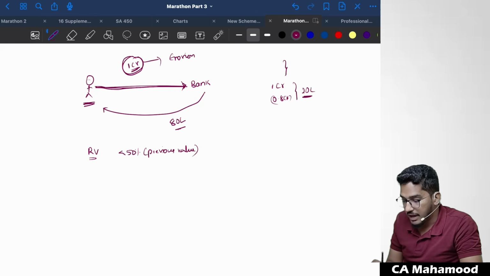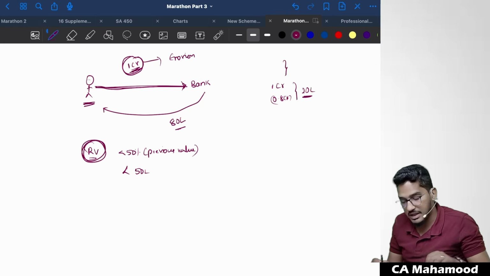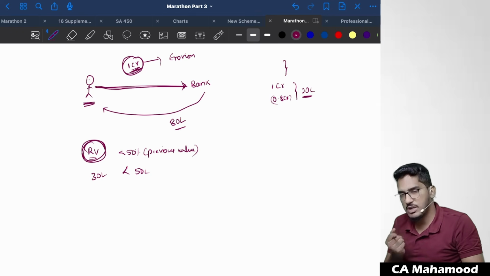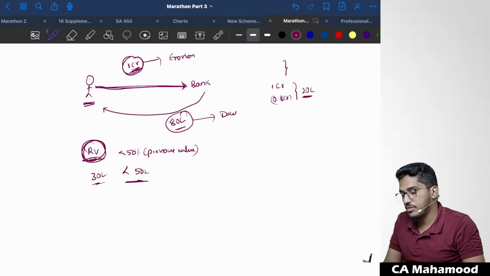Like, if you take here, the value of the security was 1 crore previously. Now, 50% of that value means 50 lakh rupees. Now, if the realizable value of the security is less than 50% of the previously assessed value, which was 1 crore, because of diminution, because of erosion, the value has come to less than 50 lakh rupees. For example, assume the realizable value of security is only 30 lakh rupees now. After that earthquake and all, the value of the property has become only 30 lakh rupees. So now the realizable value of the security is less than 50% of the previously assessed value. Then this entire 80 lakh rupees will be classified under the doubtful category.